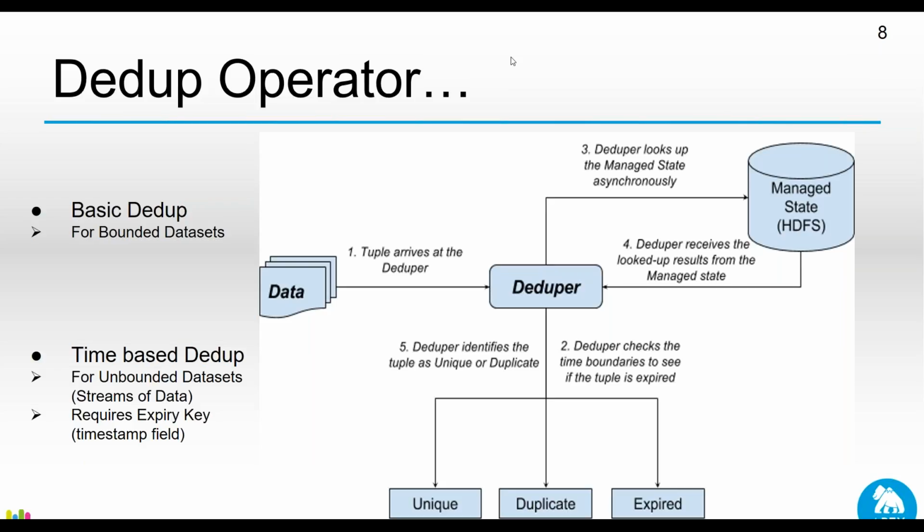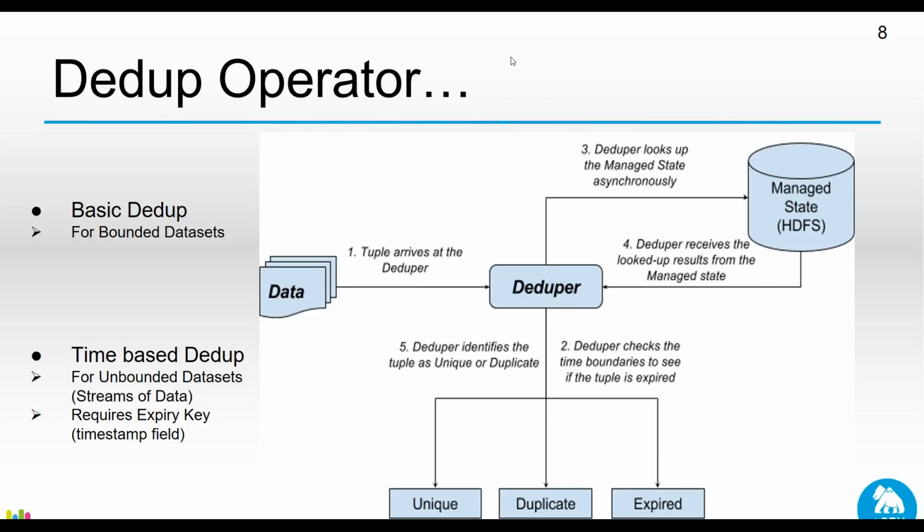So this is what I was just mentioning: the 2 types of deduplication of data. One is for bounded data sets. So this is for a scenario that could be like a batch kind of scenario, where you know that there's a limited set of data, or you're aware there's a small set of data where there is no expiry required for the data that is